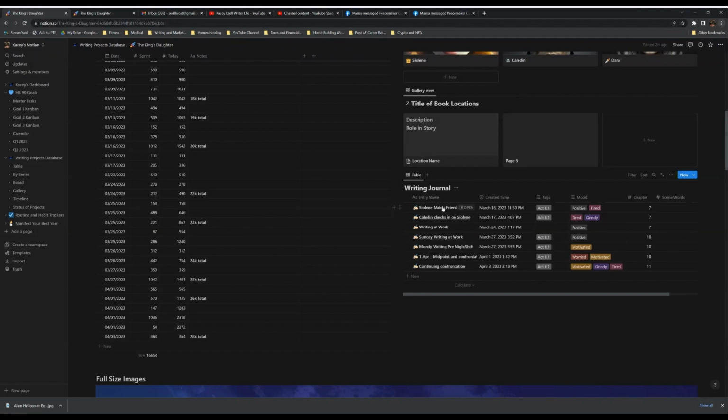So I'm tracking the name of the session, which the top one is Celine Makes Friends. This one down here is writing at work or writing pre-night shift. It really doesn't matter what I put in there. It's just sort of like a memory jogger for, okay, this is the time that I was talking about. I have it set up to track created time. So basically, it gives an automatic timestamp whenever I open up a new entry,